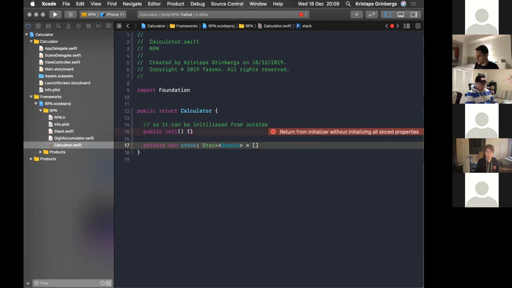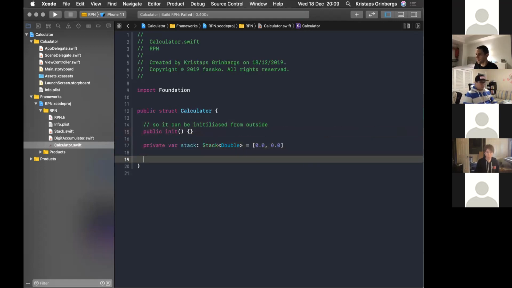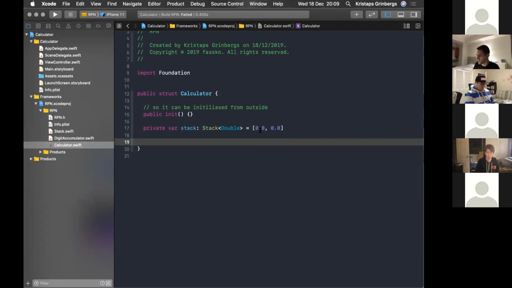Let's initialize that with empty doubles for now, so we can go ahead and use it basically, and we don't have any crashes. Maybe a small homework can be to get rid of this and make it safer,